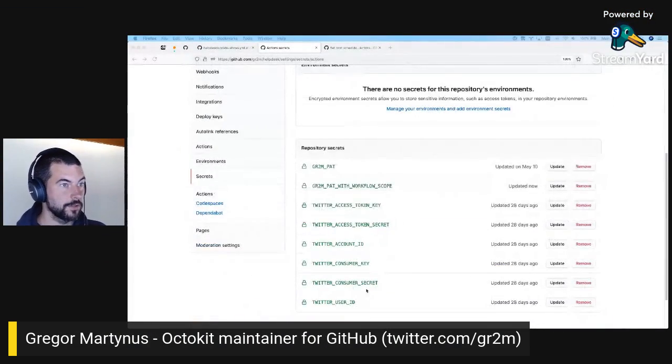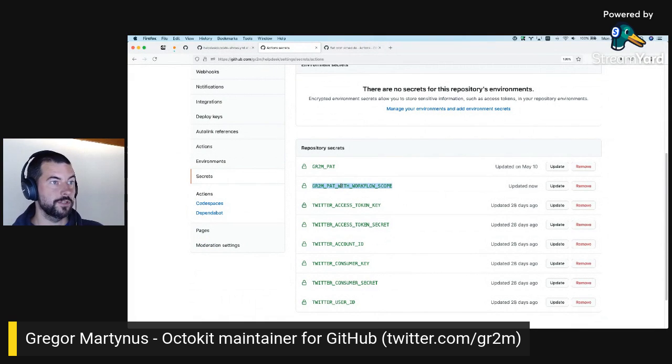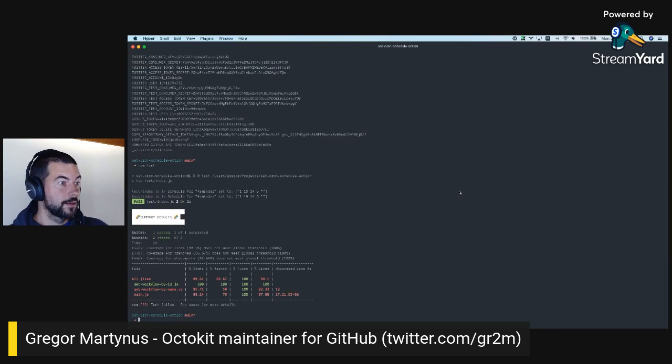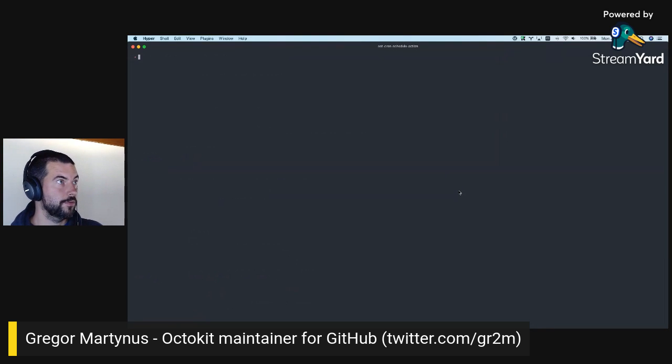All right. So now I have this new secret which has the workflow scope. Okay. So far so good. Now let's go. So this is a bit bigger. No, not bookkeeping, help desk. That's the one.